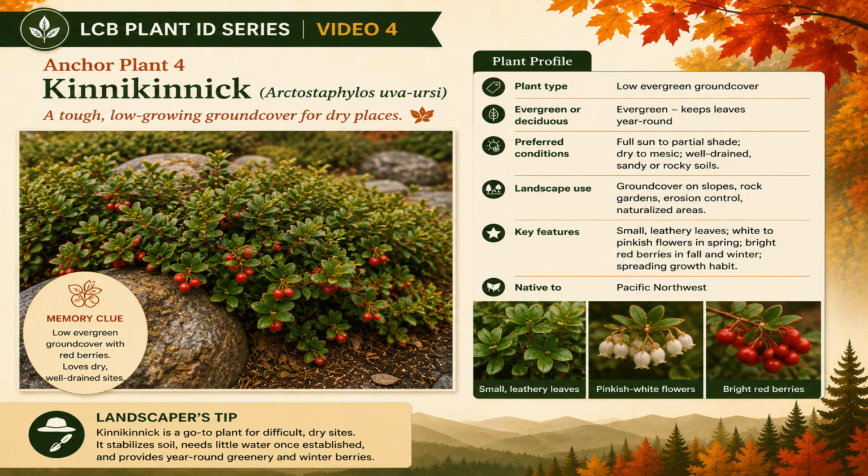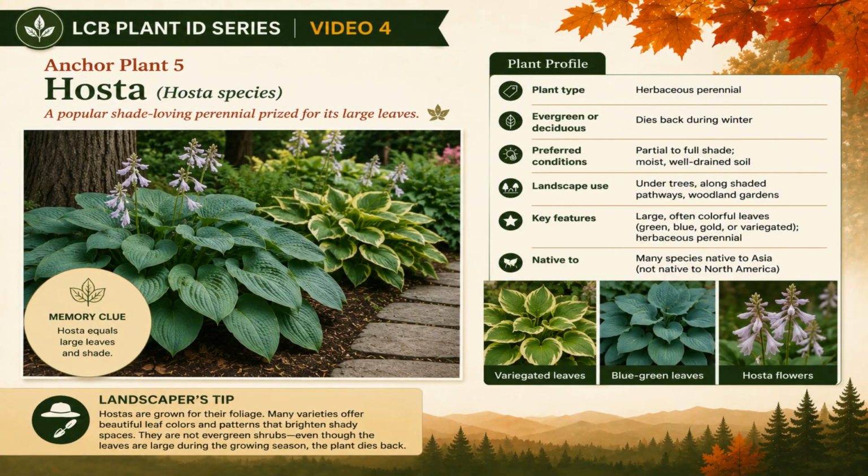Your memory clue is, Kinnikinnick equals low, evergreen ground cover for dry conditions. If a test question asks for a plant that stays low, covers the ground, and tolerates drought, Kinnikinnick should come to mind. Hosta is a good anchor plant for understanding shade-loving perennials. Hostas are herbaceous perennials. That means the plant returns year after year, but its above-ground growth dies back during the